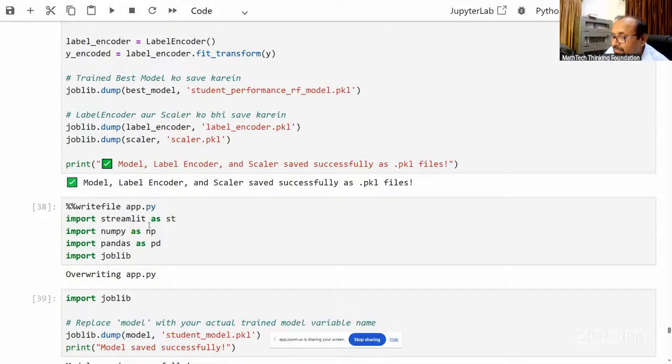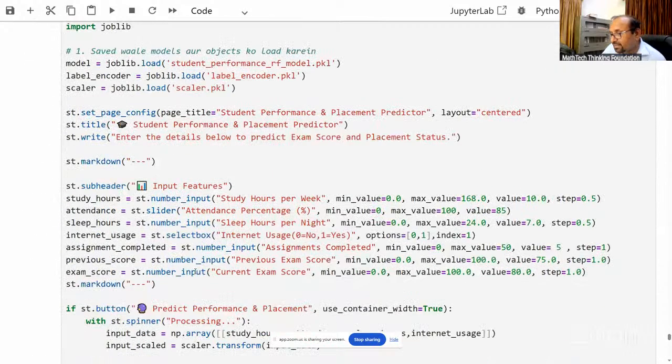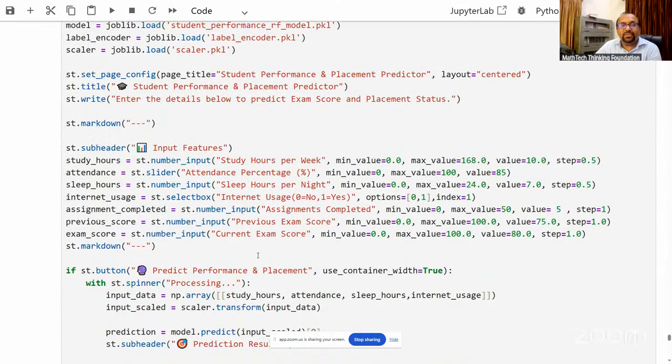This part is actually from 38 onwards. These are the steps for when you deploy your model. When you want to deploy your model, it means that you want to develop a web application or mobile application, with the help of which we can predict the values. For that, the task which we perform